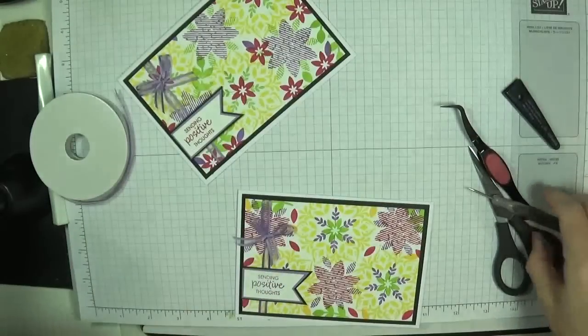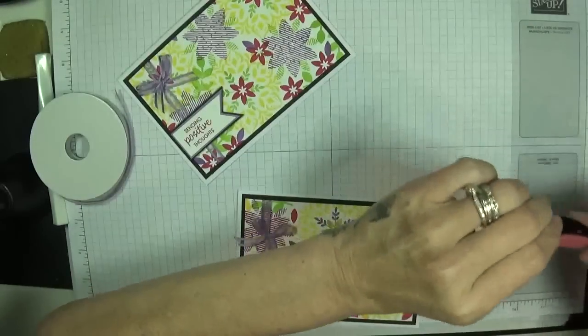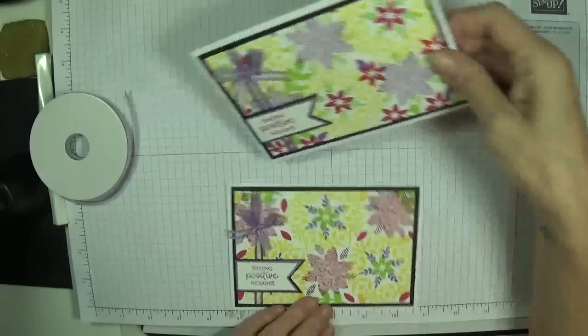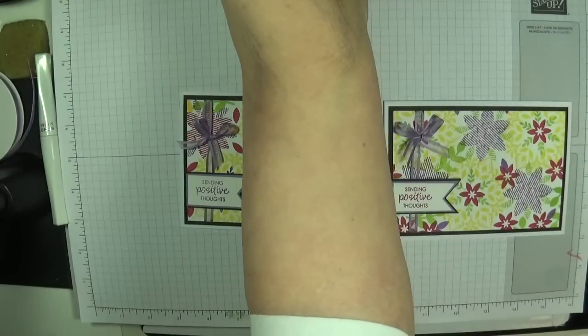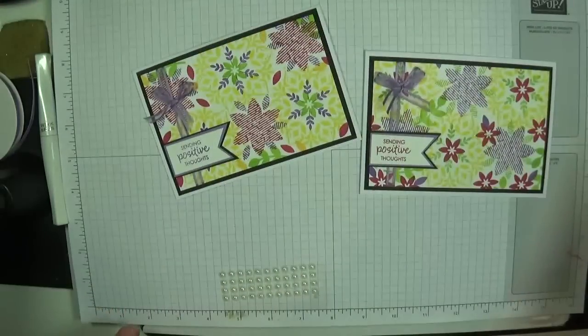And no two cards are ever the same anyway, unless you're using your Stampin' Up and you're doing everything in the right position. Just gorgeous. Absolutely gorgeous. So I've got some lovely pearls here, and I'm going to have...